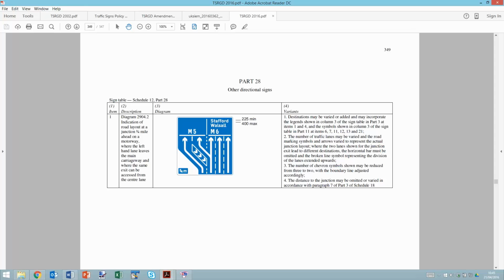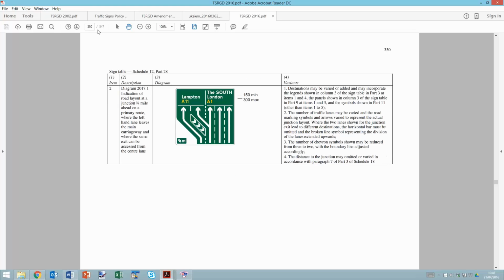That's something we're working on automating, so on a dialogue basis, where you can just click to indicate the number of lanes that you want and the legends at the top. That will come into the next version. Currently the design of those is pretty tricky, and I think there may be some library signs available for that. The next page obviously sets out the same kind of tiger tail signs where high traffic flows warrant the provision of 2 separate slip points at which traffic can leave the main carriageway are now prescribed for primary roads as well.